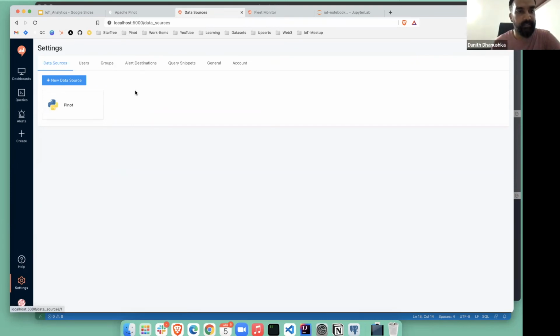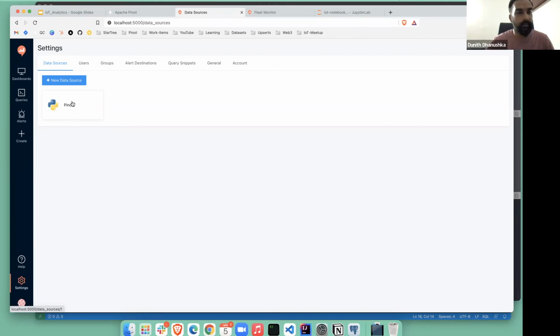Currently Redash doesn't have a direct integration with Apache Pinot, but it will come in the future. But for now, you can create a new Python data source, and you can use this data source to run any arbitrary Python script. So that's the basis of our integration today.